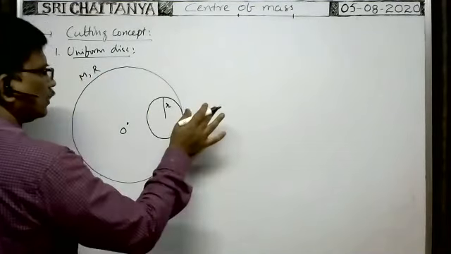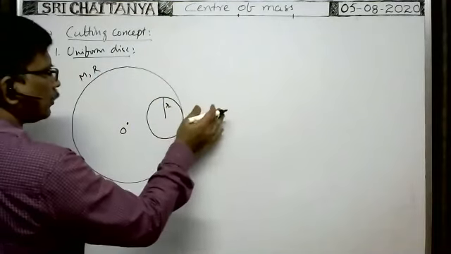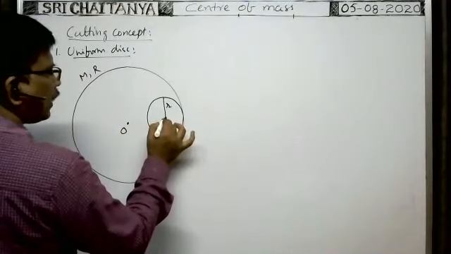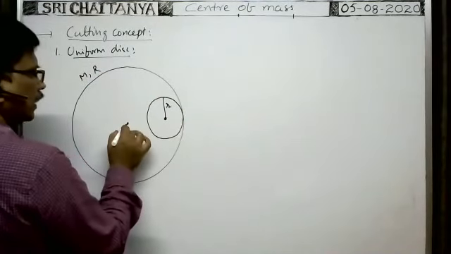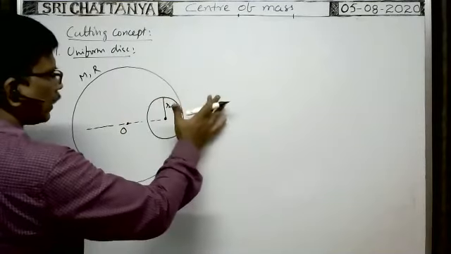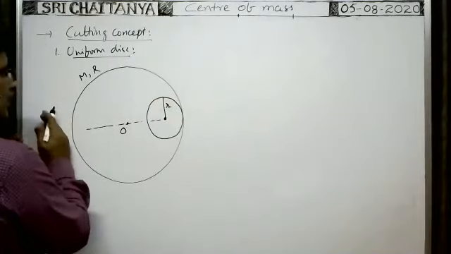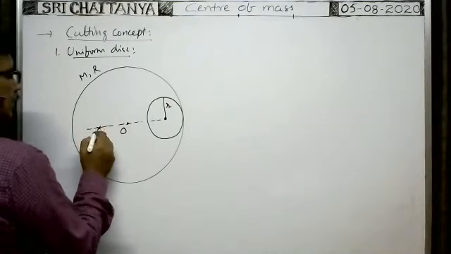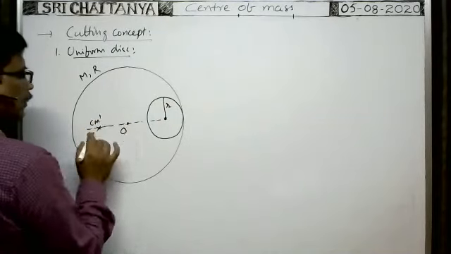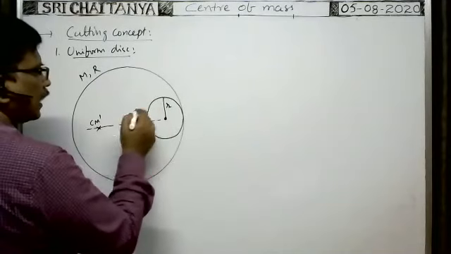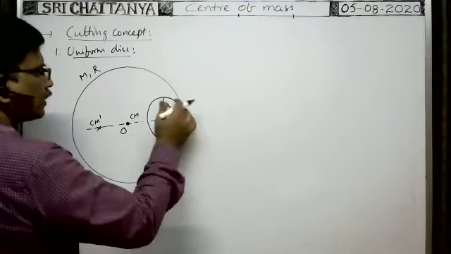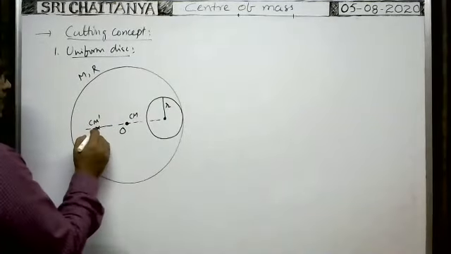Small r is removed. When this part is removed, there is more mass on this side. The center of mass of the removed part is this, and the center of mass before removal is this. On the line joining these two, when you remove this part, as more mass is in this direction, the center of mass shifts somewhere else for the remaining mass. So it is the final center of mass. But when it is not removed, the center of mass lies at the origin, the original center of mass. When it is removed, the remaining part has its center of mass here.